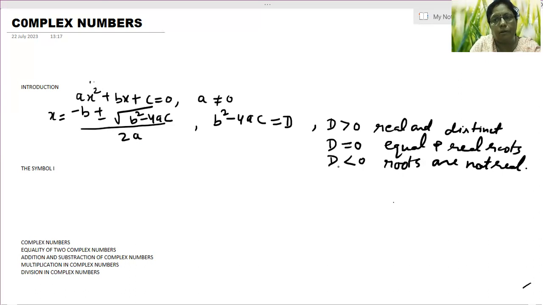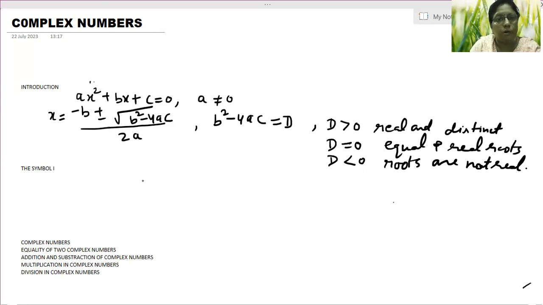Now we will extend our topic to the numbers which are not real. Okay, which are not real. If the numbers are not real, then what we call them. Okay,